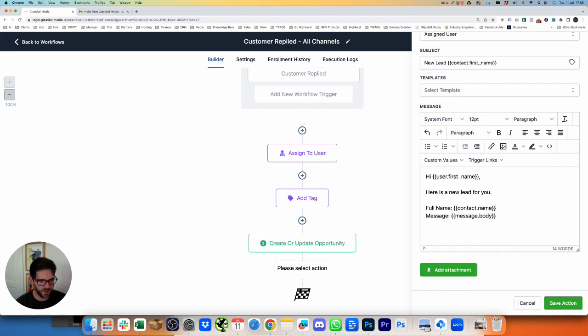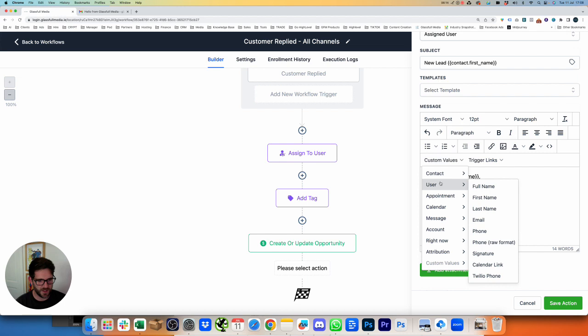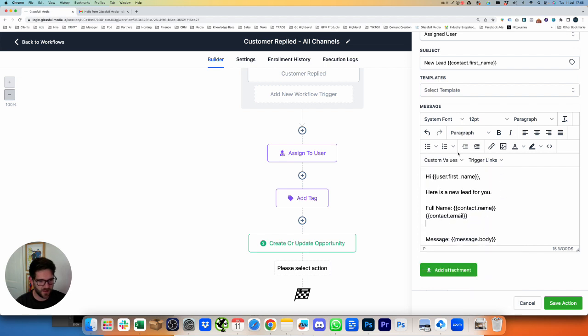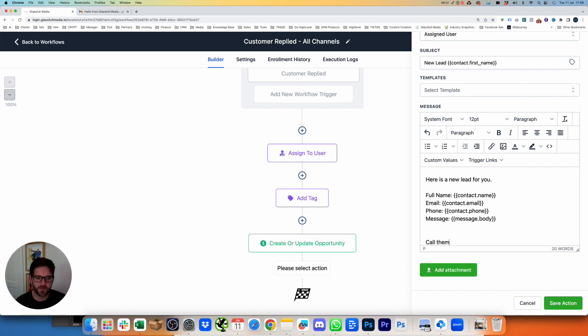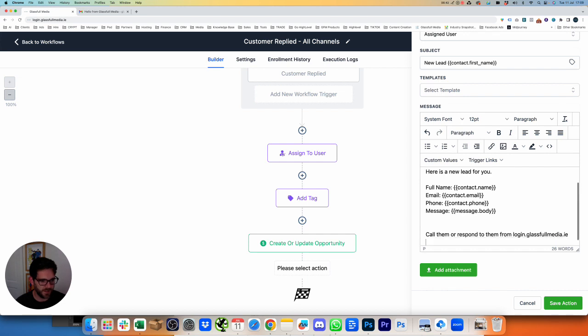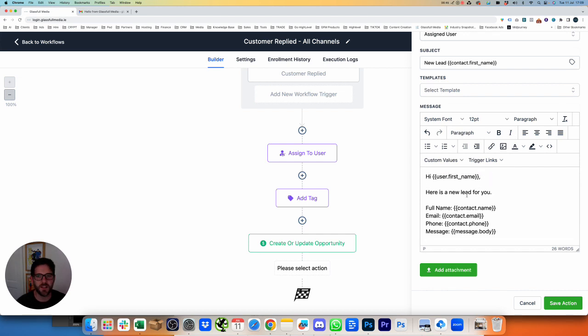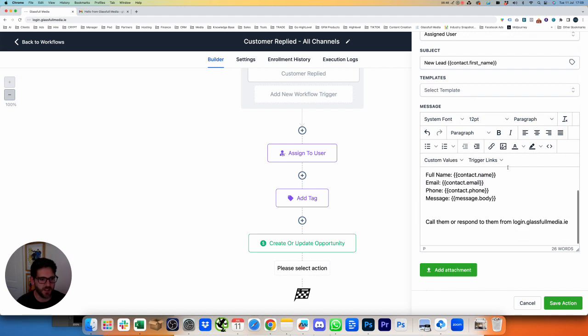We want to put in their email address, custom values, email, custom values, phone number, phone, call them. What I also like to do for ourselves is I'll say call them or respond to them from login.glassfullmedia.ie. So what happens now is when this employee receives our email saying here's your new lead, give them a call, contact them,